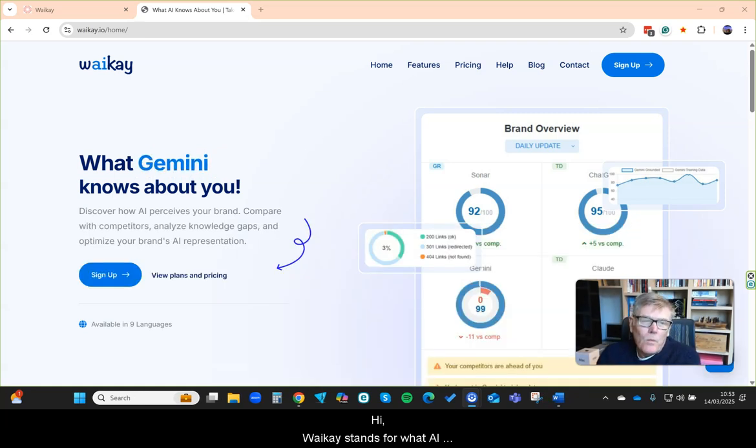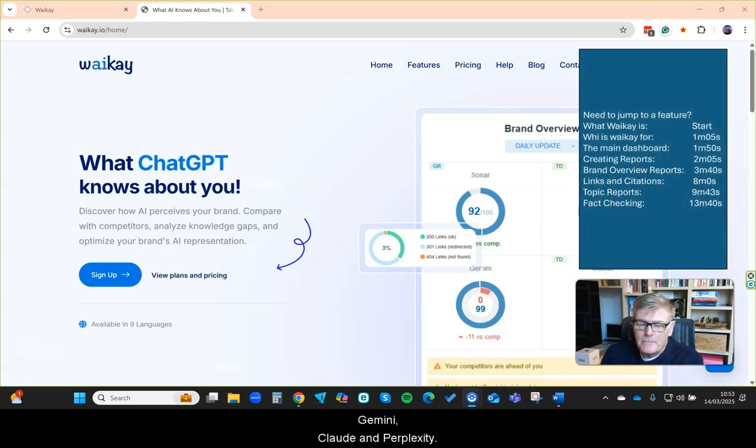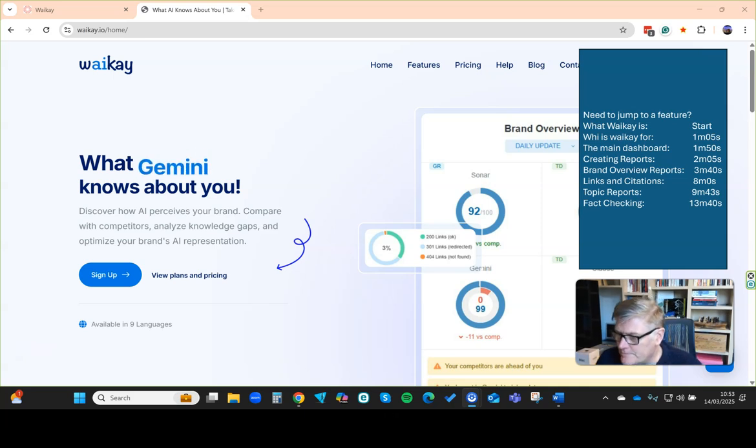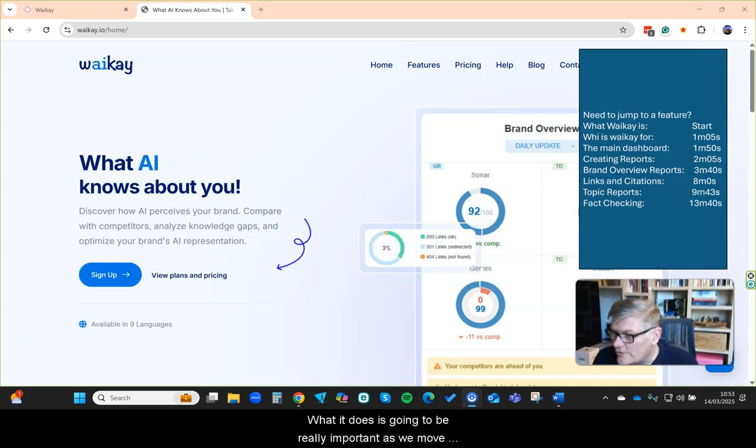Hi, Waikay stands for What AI Knows About You, and it's a tool that allows you to see the visibility of your brand or your competitor's brand in things like ChatGPT, Gemini, Claude and Perplexity. What it does is going to be really important as we move forward